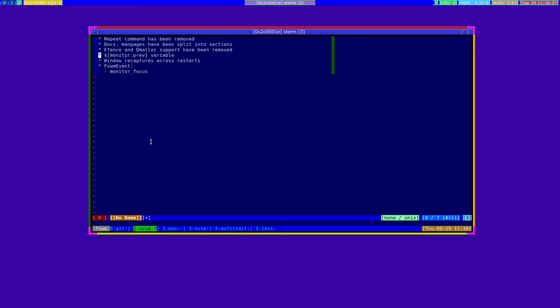I suppose a small feature add is we now have a new variable, monitor.prev, which is the opposite to the existing variable monitor.current, in that it will tell me what the previous focused monitor happened to be. And one way of exercising that is actually via a new event hook called monitor.focus. I can probably demonstrate that. So